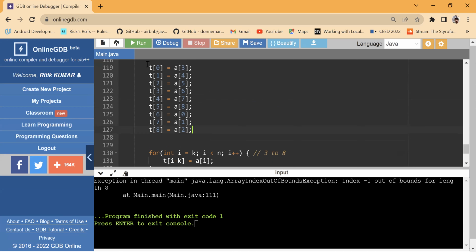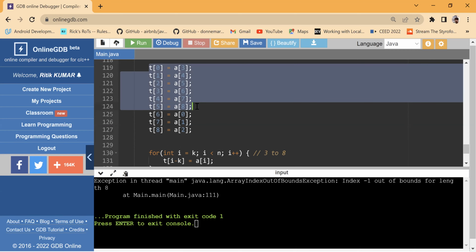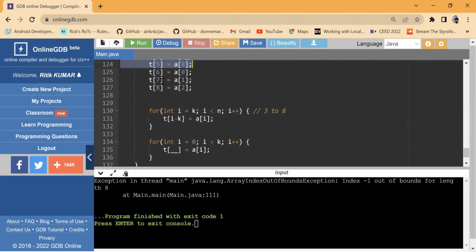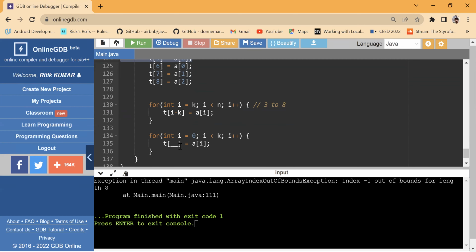So this is what we did. A of 0 to 5 we stored, that is 3 to 8. Second part is we are storing 0, 1, 2. How will we get 6, 7, 8? Tell me. Think of